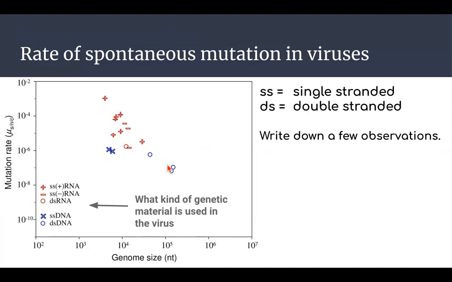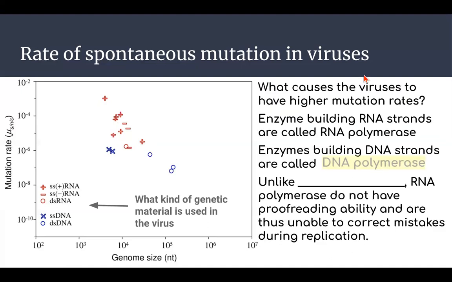Why is that? Well, turns out RNA, which is indicated by red, is a more primitive form of storing genetic information. An organism that uses RNA to store genetic information doesn't have an advanced proofreading system. So when they're replicating their DNA strands, they actually have less ways of proofreading their DNA and therefore, RNA, and therefore fixing any errors. Whereas viruses that use DNA as the genetic material, they actually have the ability to proofread their